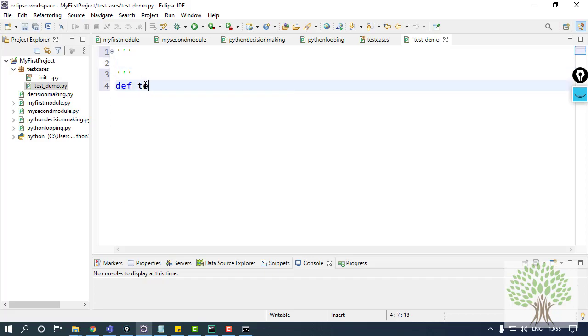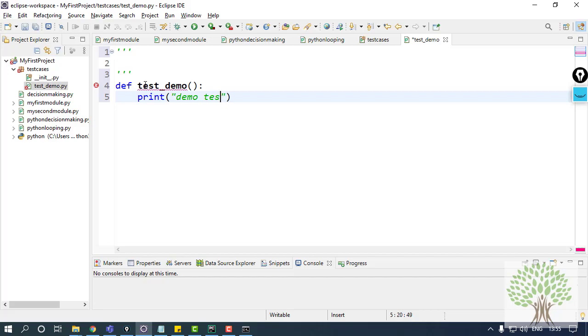Now I'll create the test case, test_demo. The same syntax is going to be followed over here, and I'll have a print statement: demo test case in Eclipse. Okay. Now running test cases in Eclipse is far easier than PyCharm, because you don't have to